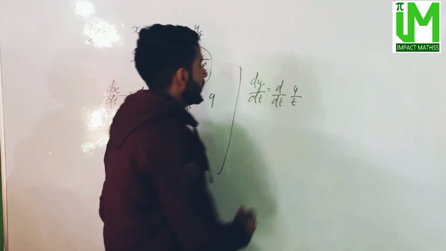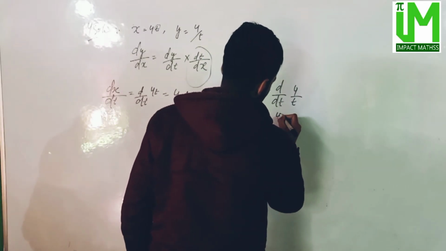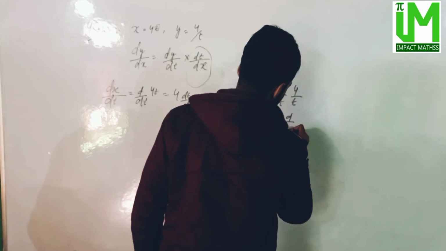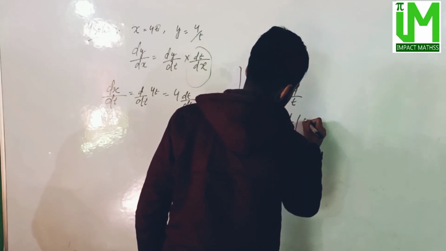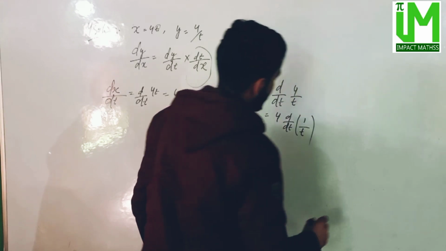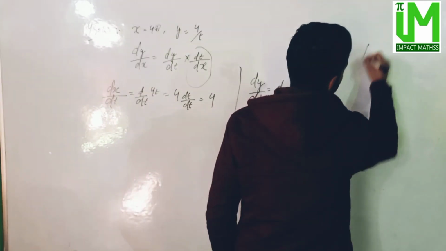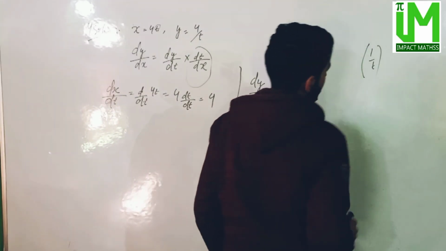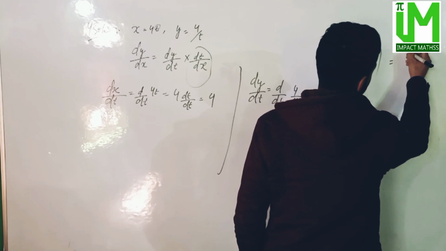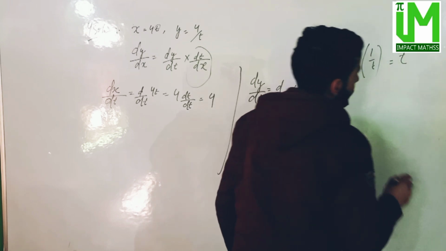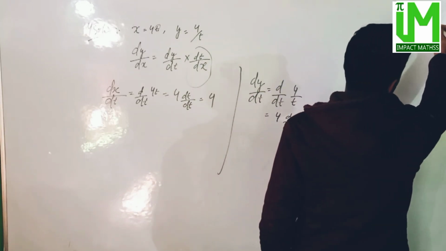Constant, बाहर निकलेगा, that is 4 into d upon dt of 1 divided by t. Very good. 1 divided by t की differentiation होती है, जब t को हम ऊपर लेंगे तो वो होगा t raised to power minus 1, और हमें we know differentiation of x